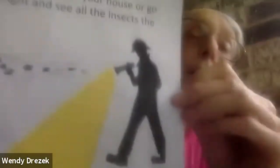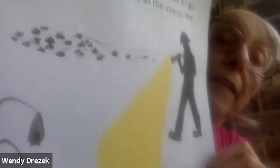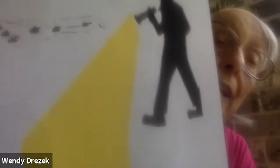Now I'm going to show you some of the projects I did. First of all, you can cut out pictures of bats. If you go to the Starting Out Wild webpage, you can find all these pictures. There are the bats, and you can hang them in trees. See how I hung them in trees? You can pretend that the bats are hanging in trees at your house at night. Or you can use a light at night and you'll see all the insects flying around that the